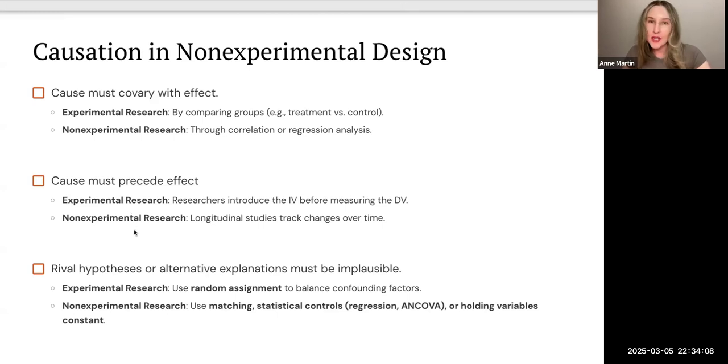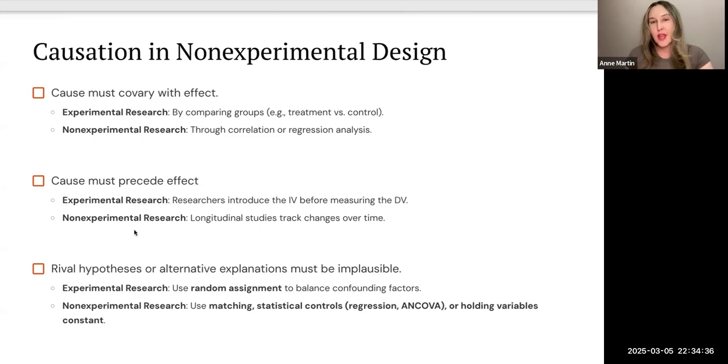But since that manipulation is not possible in non-experimental design, there's not always an easy way to ensure that the independent variable is coming first. So one way to address this is by the time mode of the design, such as a longitudinal study where you can track changes over time,